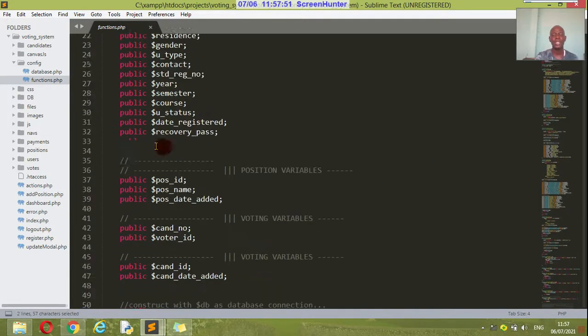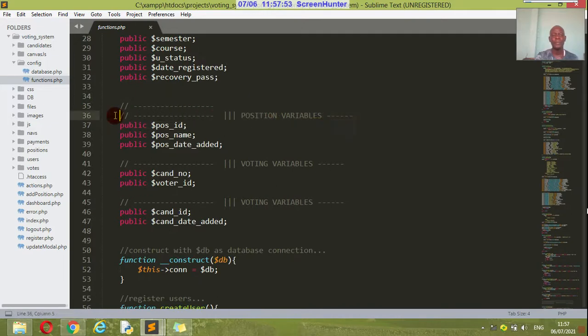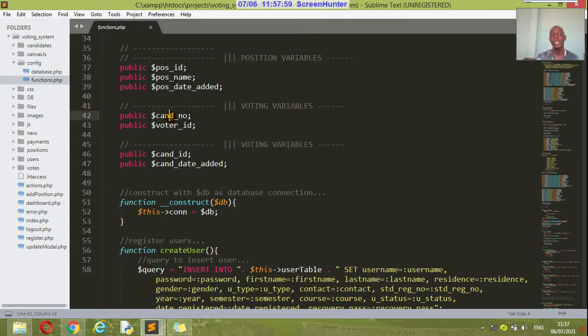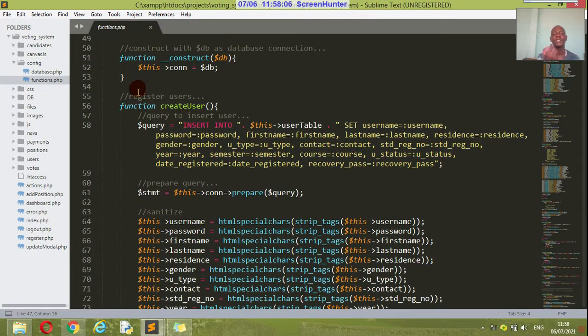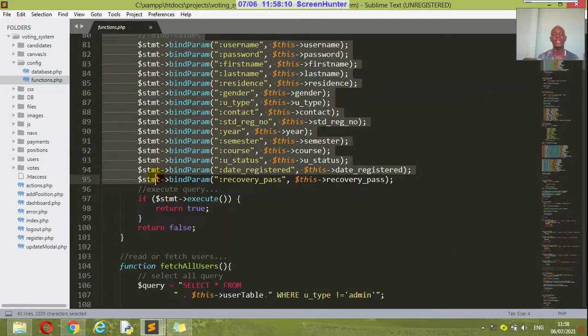You get all of those things you're seeing. Those are my comments. You see the position variable. So I'm positioning people's marks, people's positions like for voting. The voting variables like candidate ID, voting ID again. And then the voting variables, candidate ID and date which they happen to vote. Then you register user. This is my function to register a new user who wants to register into my PHP